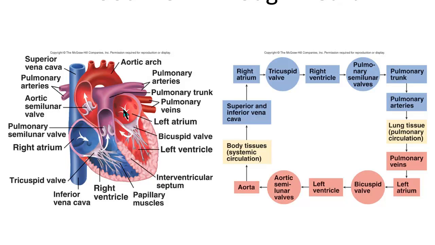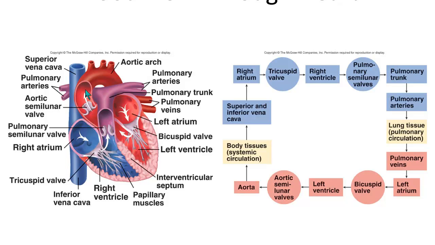Then that red blood cell will travel through the left AV valve. So we're at the pulmonary veins going to the left atrium, which is the bicuspid valve is another name for that, or the mitral valve, or the left AV valve. Those are all names for the left AV valve. Then it enters the left ventricle. So now that blood cell is in the left ventricle, and as the ventricles contract, it comes up out the aorta, but before leaving the aorta, it has to pass through the aortic valve here, and then it's going to